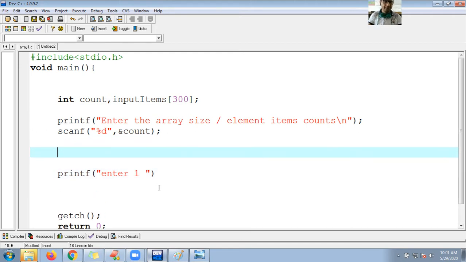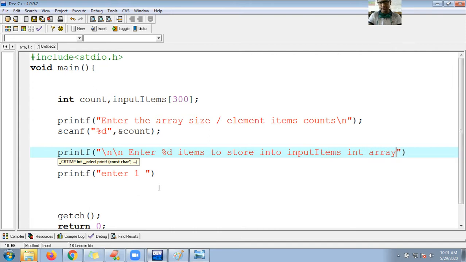So let me show here printf, double quote, \n. Enter %d items to store into the input items int array, \n.